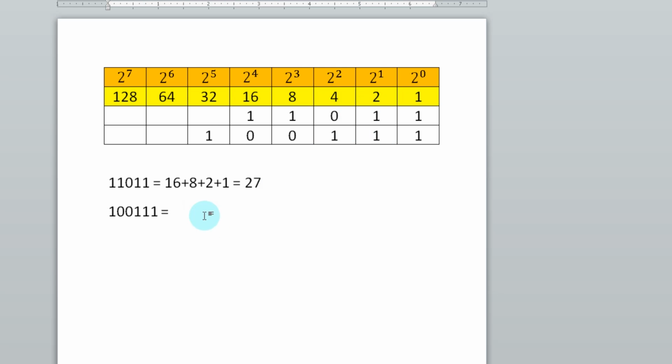Now, get those numbers that have 1 in them and then add them. So we have 32 plus 4 plus 2 plus 1.